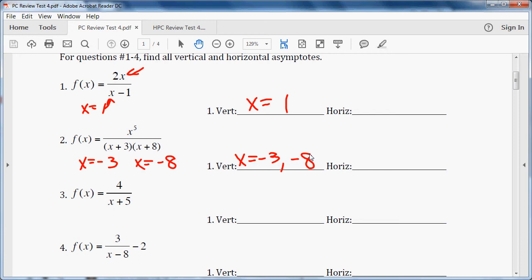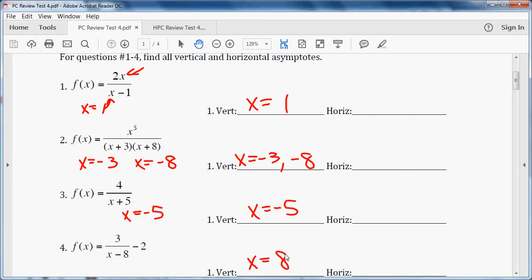Number 3, if we set x plus 5 equal to 0, we get x equals negative 5. And there's no way it's going to make the numerator equal 0 because there's no x up there. So we have another vertical asymptote of x equals negative 5. And for number 4, it is 8 that would make the denominator equal 0. And that does not make the numerator equal 0. So x equals 8